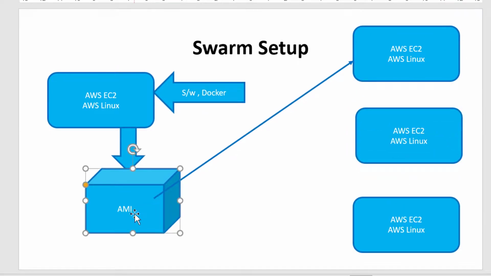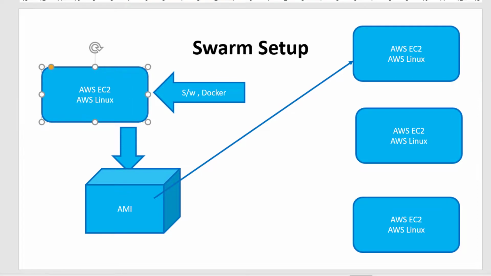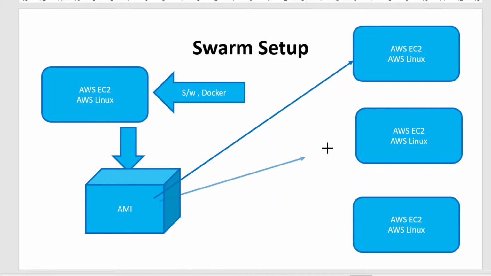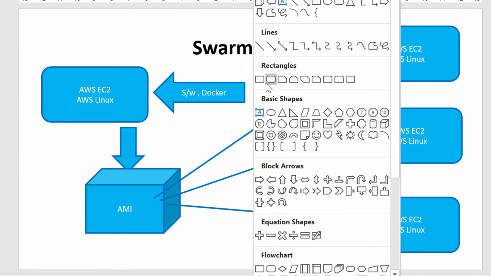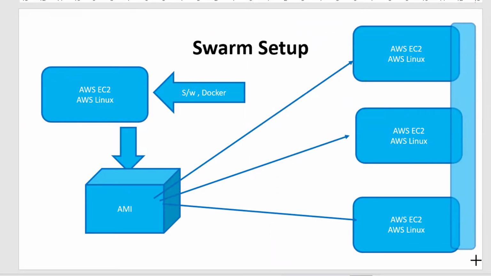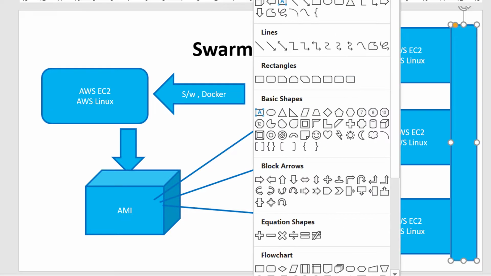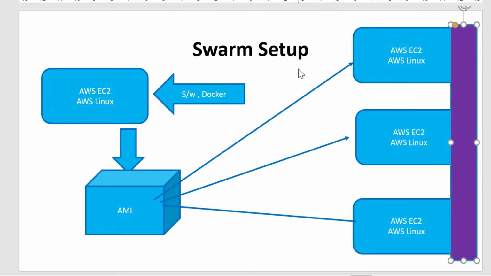Once the image is ready, I can go ahead and delete this particular instance, or I can hold the same instance for my demo purpose as well. So we are going to have similar instances with all the software required, and I will be having the same security group in all the machines, so that I can open the ports in common across all the machines, and I can control the machines using a single key as well as a single security setup.